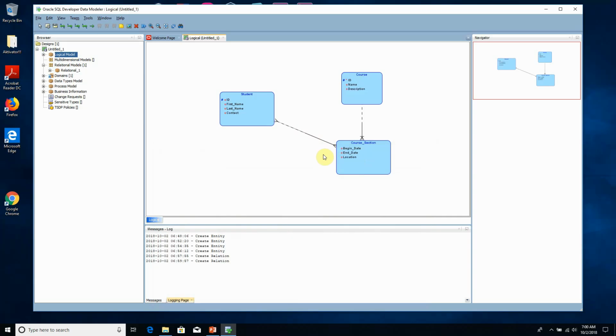However, this is not correct. Why? Because many-to-many relation is established by creating an intersection entity, and then between each entity that participates in the many-to-many relation, we create one-to-many relation between this entity and the intersection entity. So what do we have to do? Okay, so first I will delete this relation,